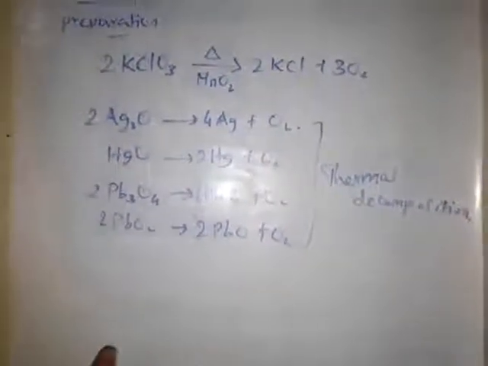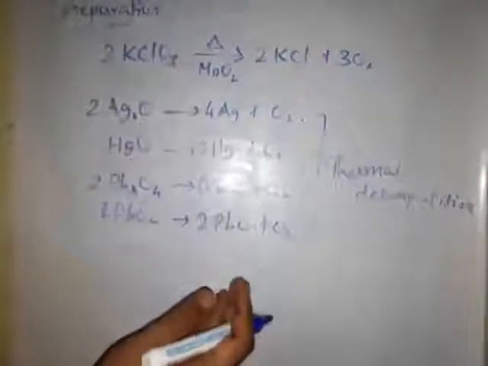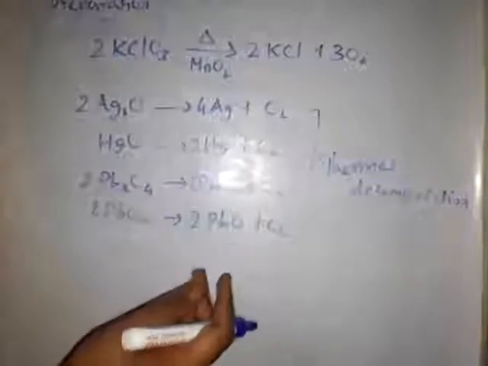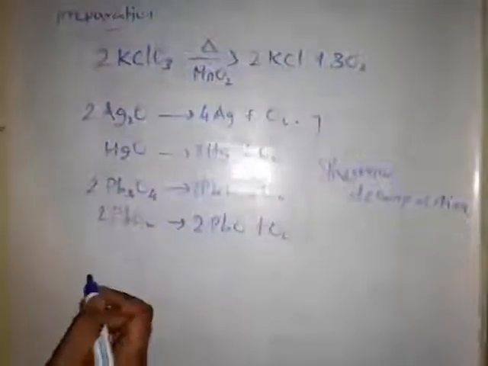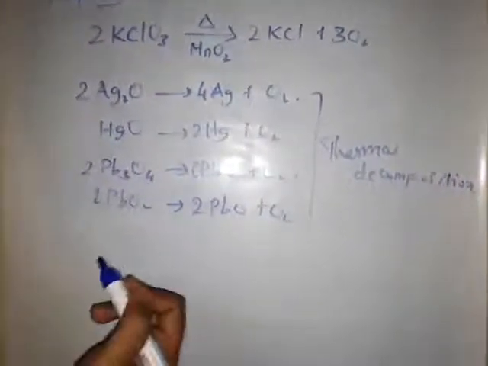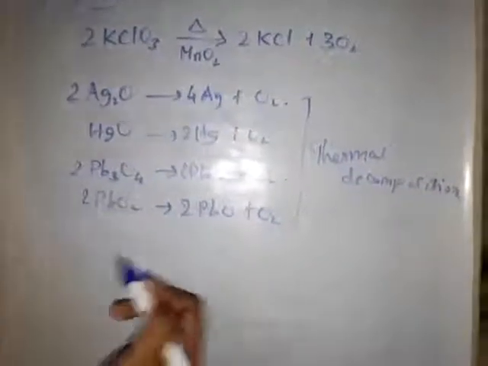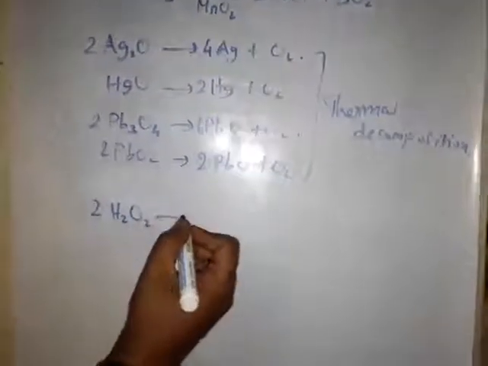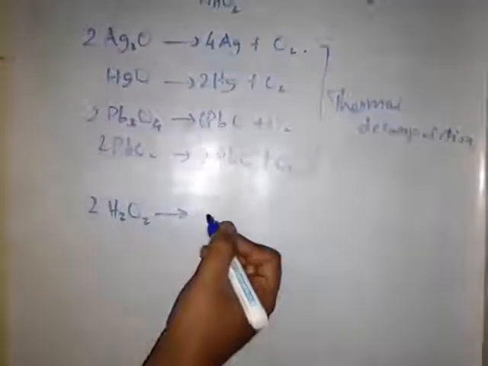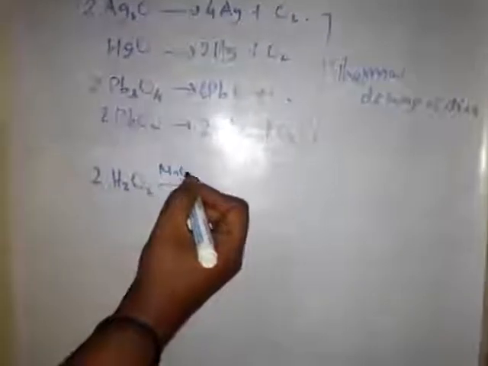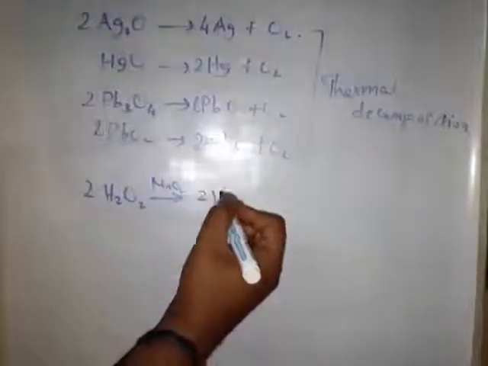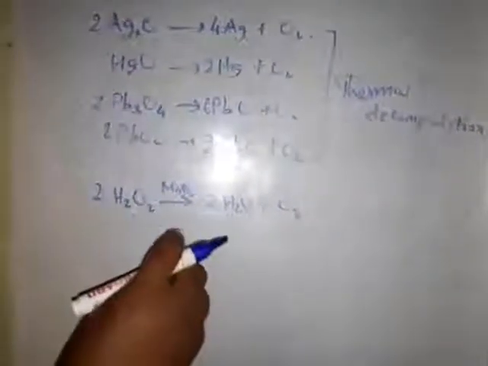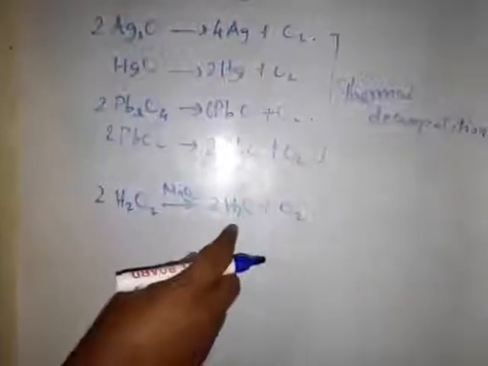Then you can also prepare it from hydrogen peroxide. Hydrogen peroxide is readily decomposed into water and dioxygen by catalysts such as finely divided metals like magnesium and manganese dioxide. 2 moles of H2O2 in aqueous solution, using MnO2 catalyst, form water and oxygen. On a large scale it can be prepared from water or air.